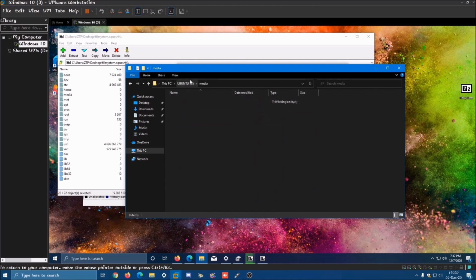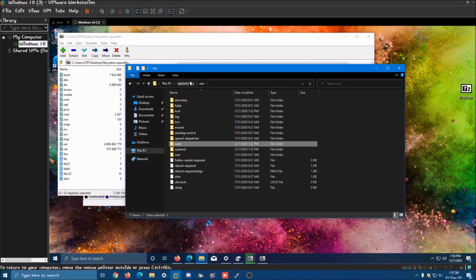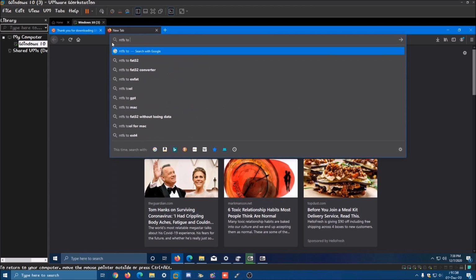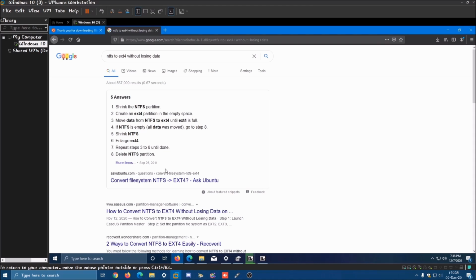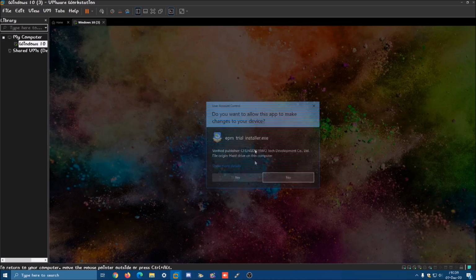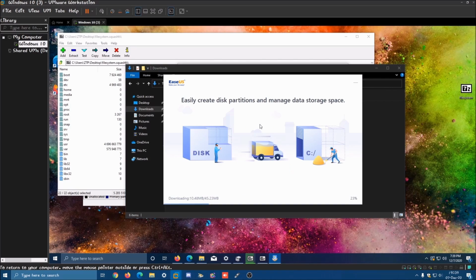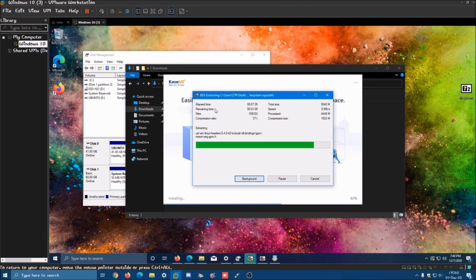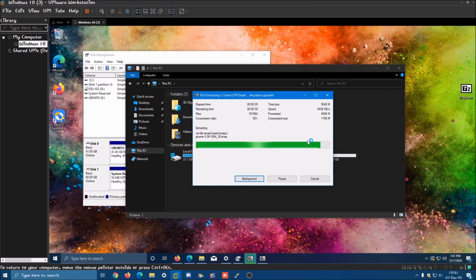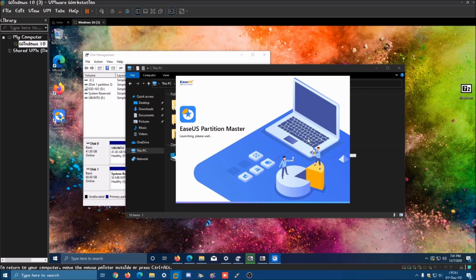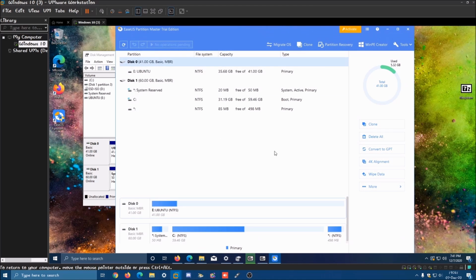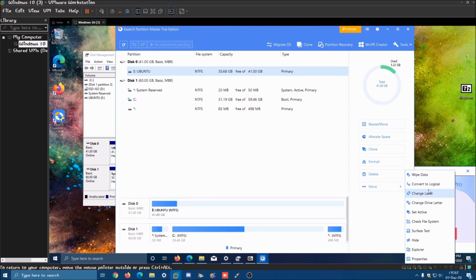So now I don't know what I'm doing. I was just looking around. Oh yeah, I was looking on how to convert it. And apparently you have to use EaseUS or whatever partitioning software. And so I try to install it, and in the process, you can see here in a minute, I'm trying to convert it,